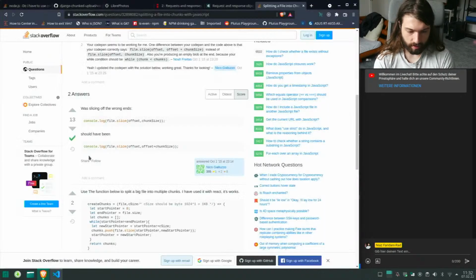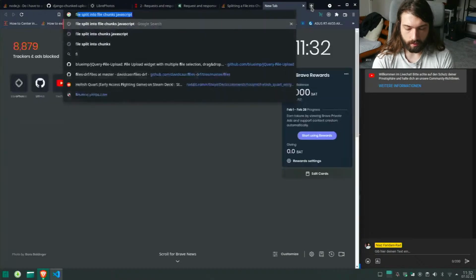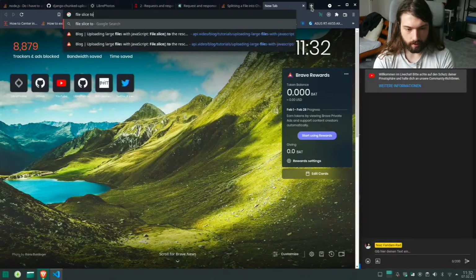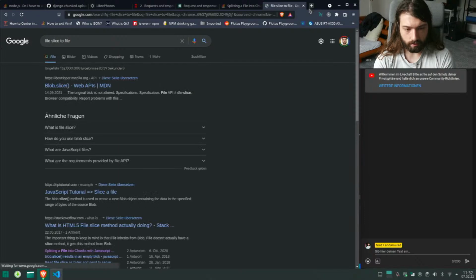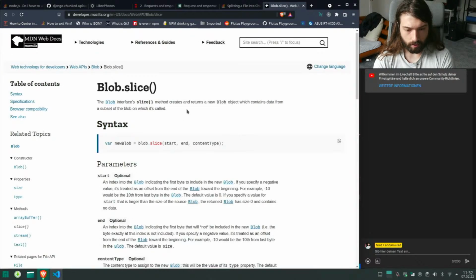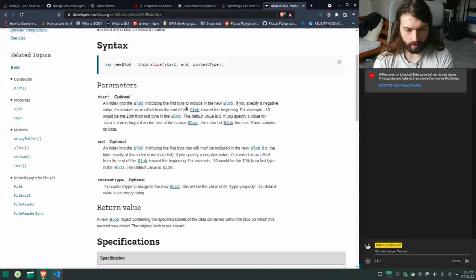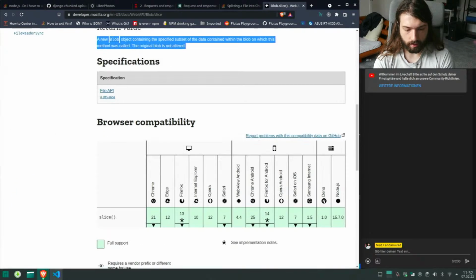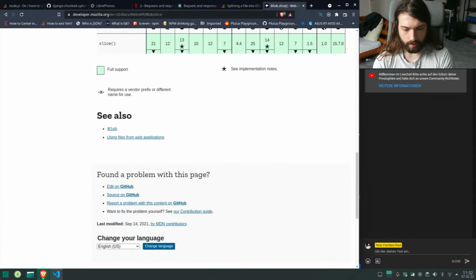File.slice, blob interface. Alright, start and content type. This will be the value of its type property. The default value is an empty string. Alright, so